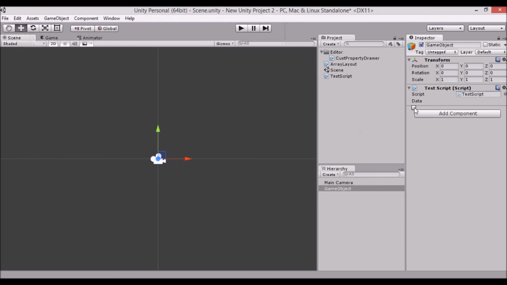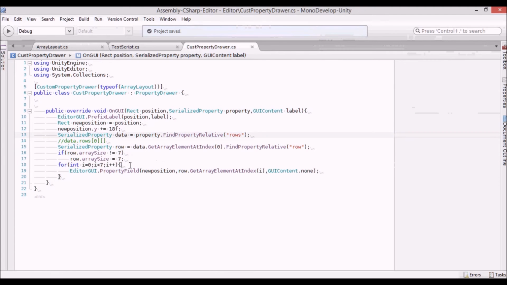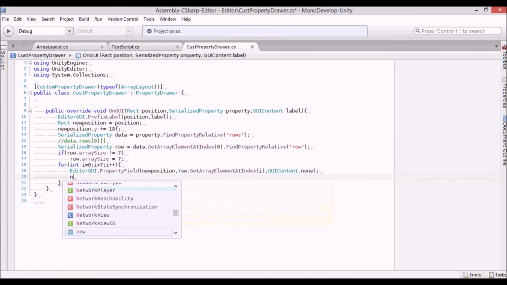So you can see a small checkbox over here, but as we haven't arranged the height, and as we aren't iterating the position, like we are not changing the new position depending on what checkbox it is, all the checkboxes are shown at the same location. So we are going to deal with that. So we have new position stored, and we need to add